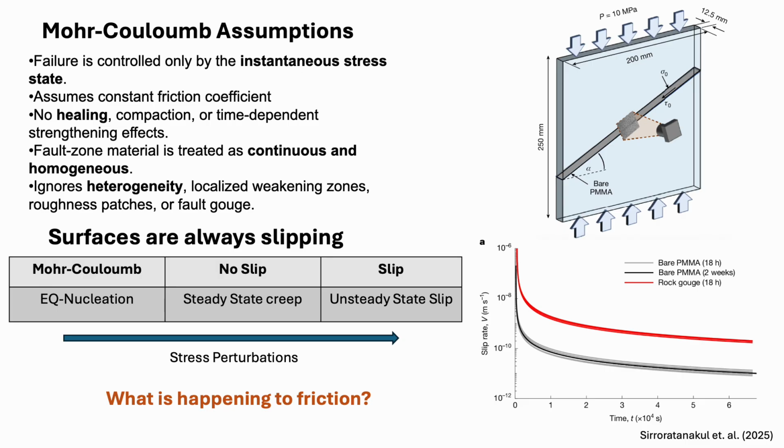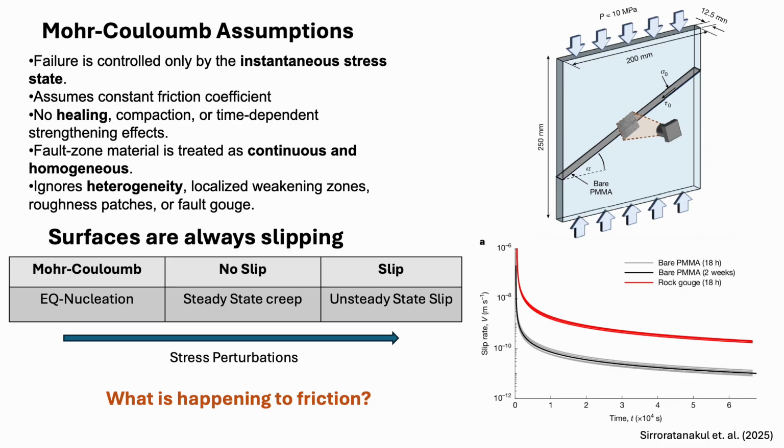And that is the reality for any kind of material in the world. So if we try to compare Mohr-Coulomb with the concept of earthquake nucleation, you see Mohr-Coulomb always says whether a surface is going to slip or not slip. But earthquake nucleation theories say, if a surface which is always slipping, will it creep or will it go towards